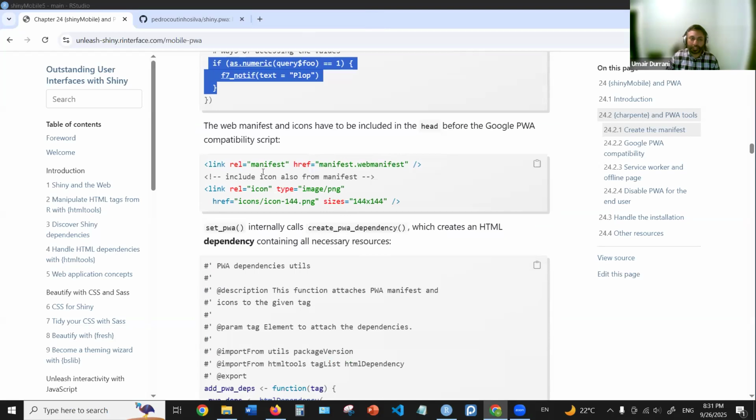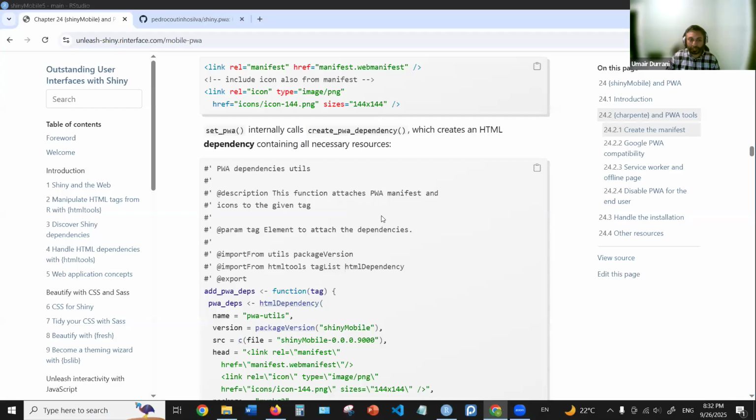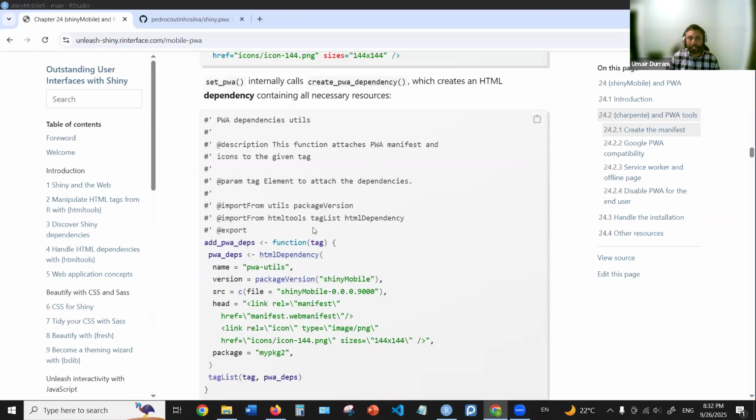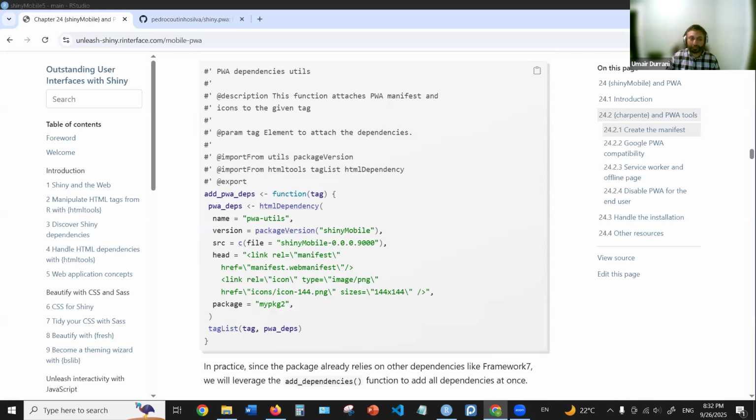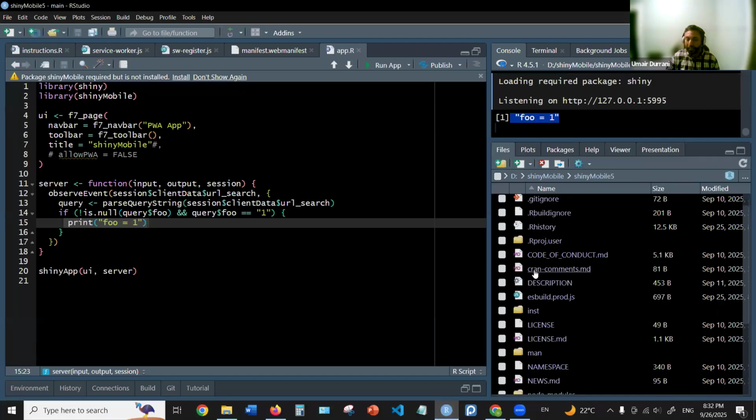They also mentioned the icons, as I mentioned before. You need to have icons, because once you install the app, those icons will appear on your cell phone or tablet. So it's important to have those icons. So when we run the set underscore PWA function, it also created this file for adding the PWA dependencies. So we have two files actually. Let me go there. So we have within the R folder,